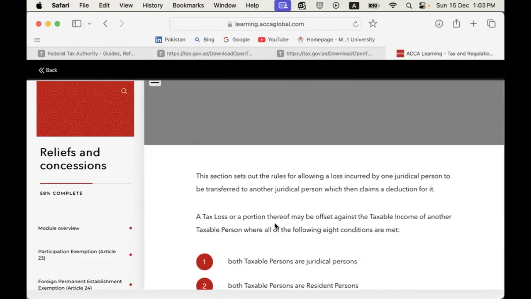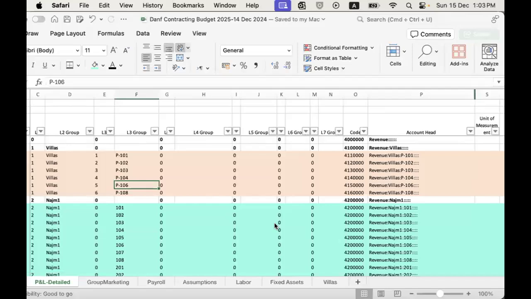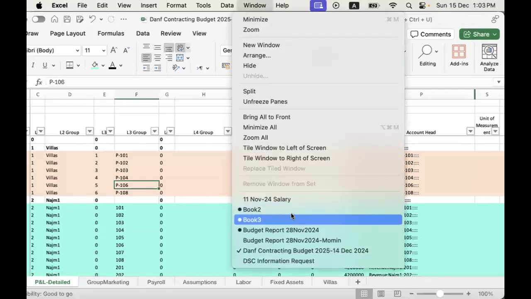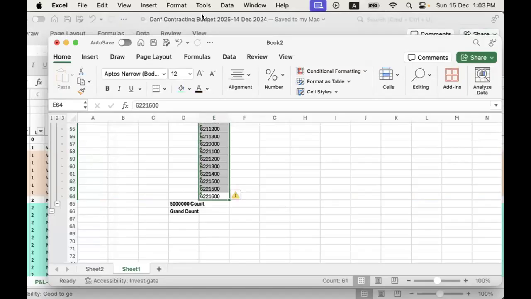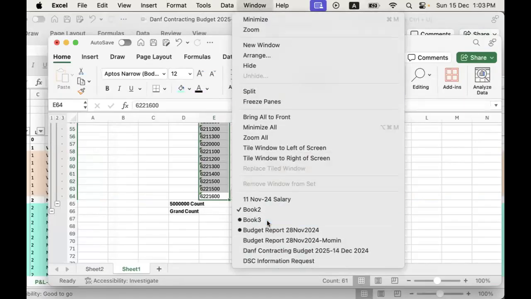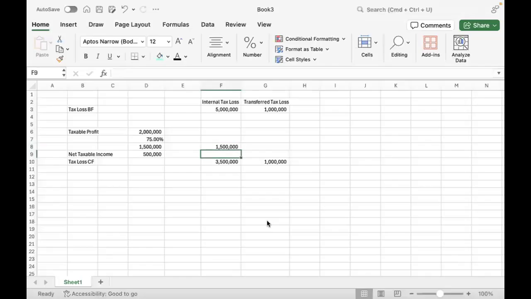I'm going to leave you with one question, all of the participants. Maybe you may have an immediate answer. Let me ask this question here. There was tax loss available with the company. They could have offset 75% of the taxable income with the tax loss, but they decided not to offset. They said we have decided we will pay tax on it.